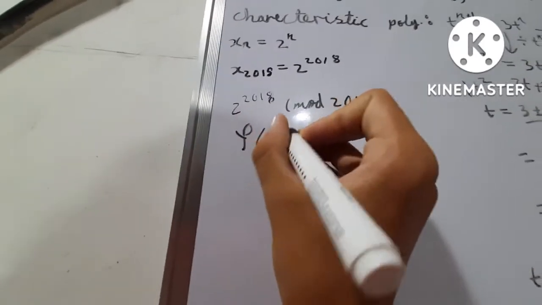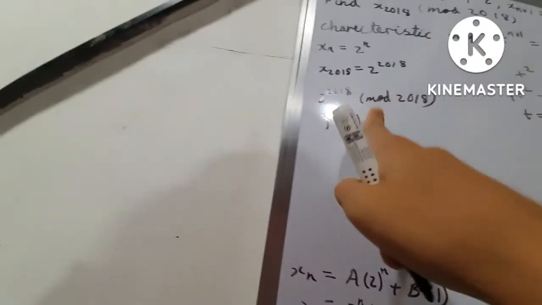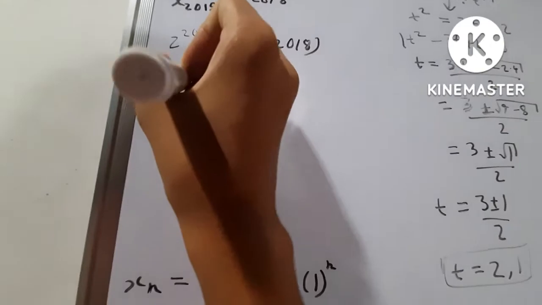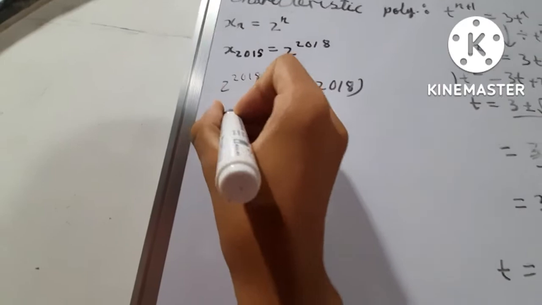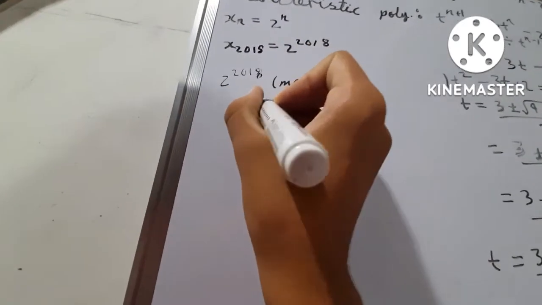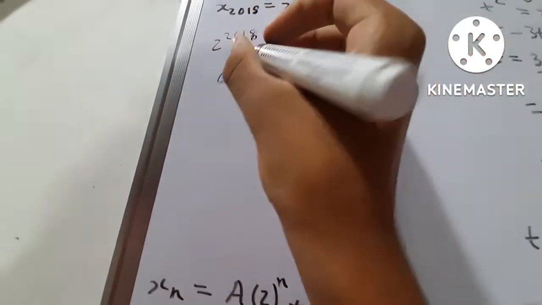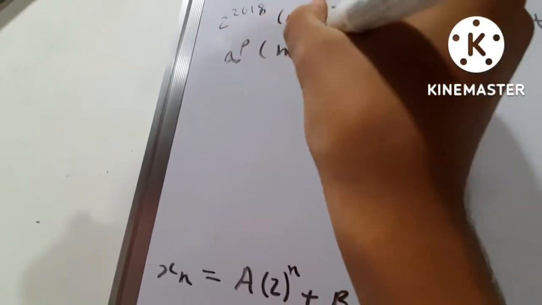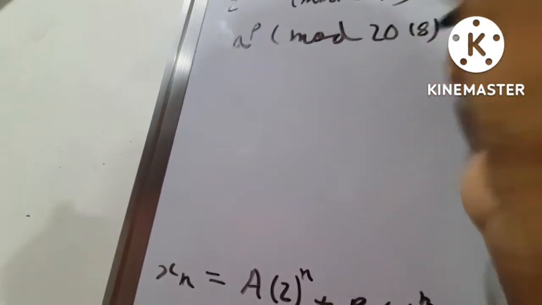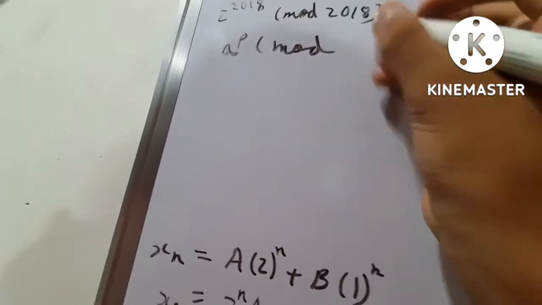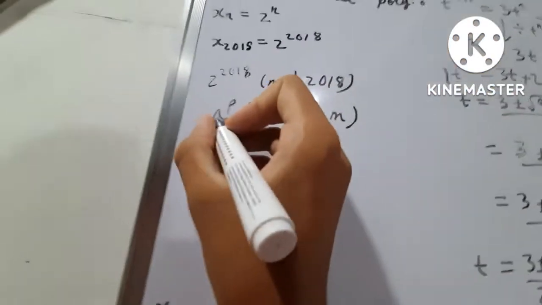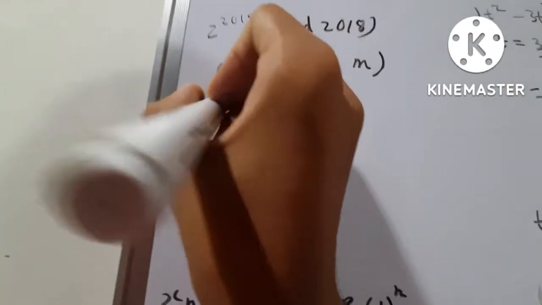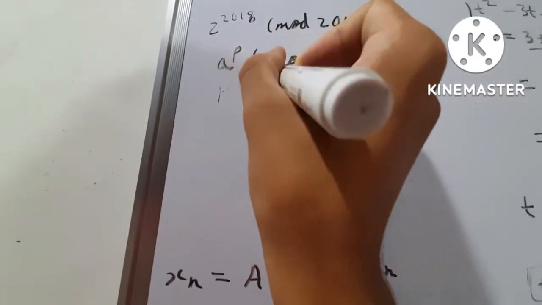Phi of, say, n. Okay, so let me just write down everything about the Euler totient function that I know. If you have a to the p modulo 2018, modulo say m, then you're supposed to take p modulo